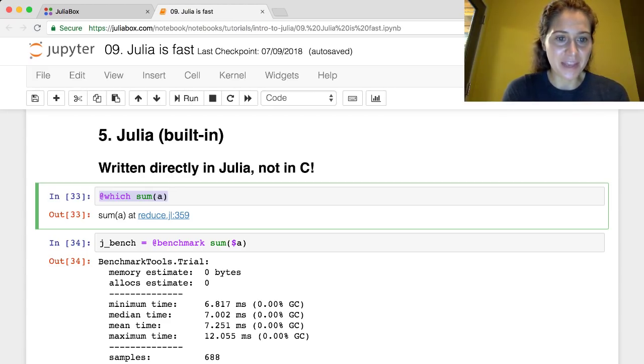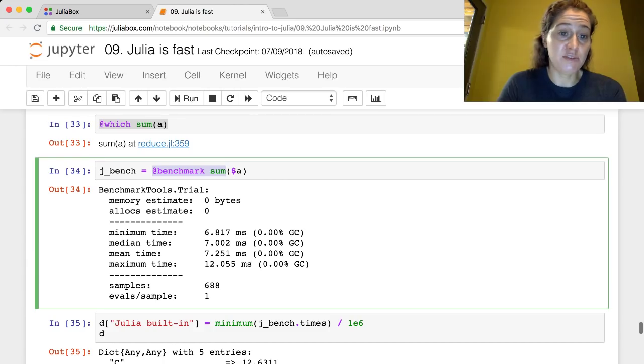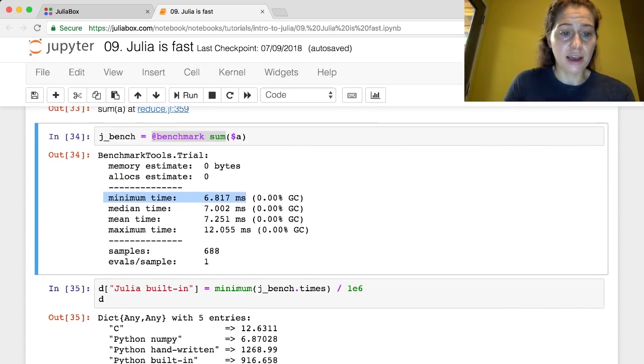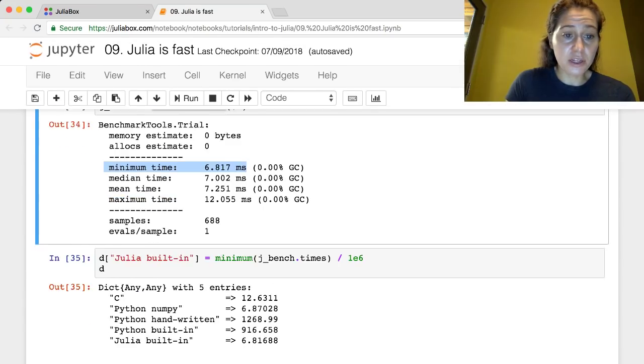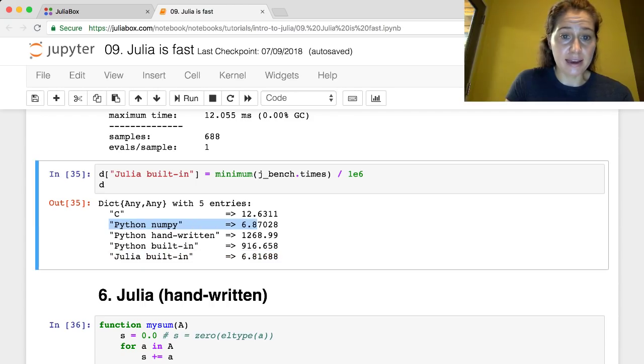the function sum. And when we benchmark this built-in version of sum in Julia, we see that it's taking us, again, under 7 milliseconds now to actually run this function on a 10 million element vector. So we'll add that output to our output dictionary. And one of the things to note at this point is that Julia's built-in and Python's NumPy are really competing neck and neck. So Julia's built-in is competing pretty heavily with the NumPy implementation, which is running optimized C code